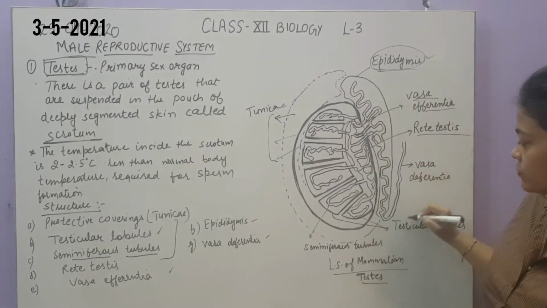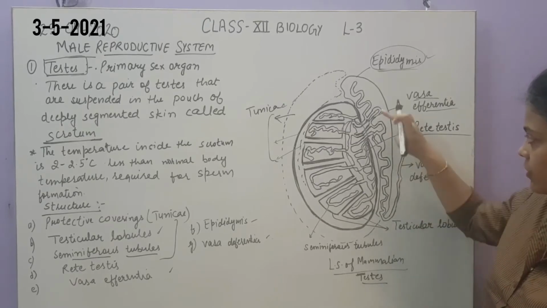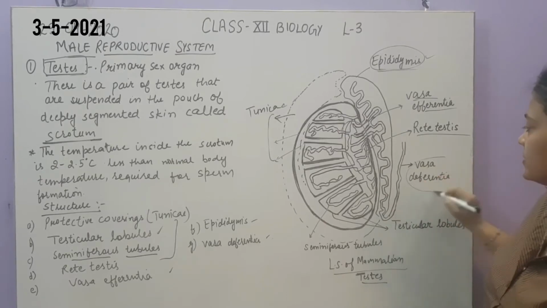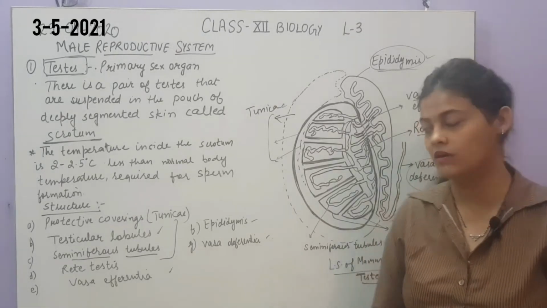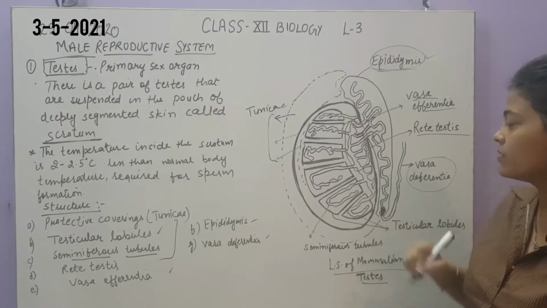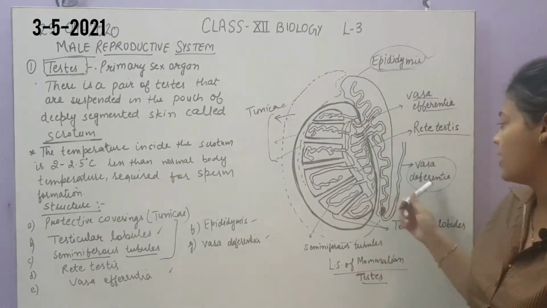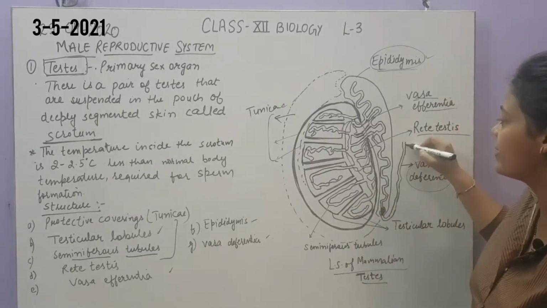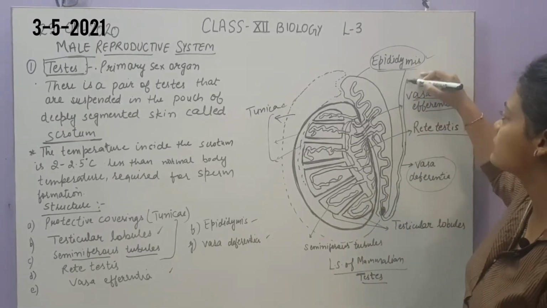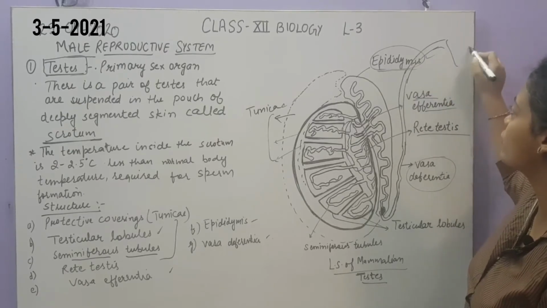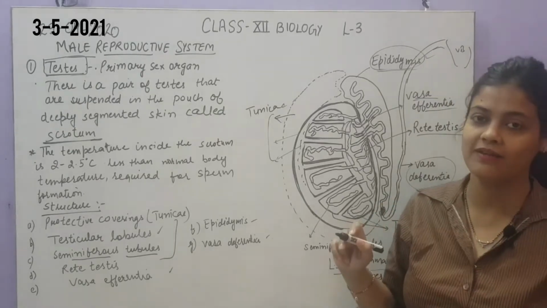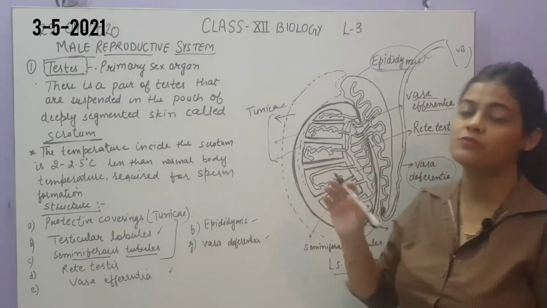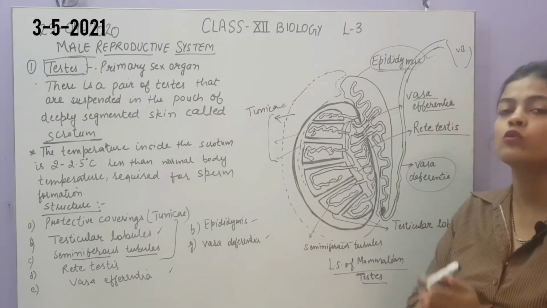Now from the epididymis, you can see this structure arising. This portion is epididymis, and from it a tubule-like structure arises, which is called vasa deferentia. In this portion of epididymis, the sperms will be collected. And vasa deferentia has an important role because it will carry the sperms towards the urinary bladder. This will be the urinary bladder here, from yesterday's diagram that we have drawn. So the vasa deferentia will carry the sperm from testes towards the